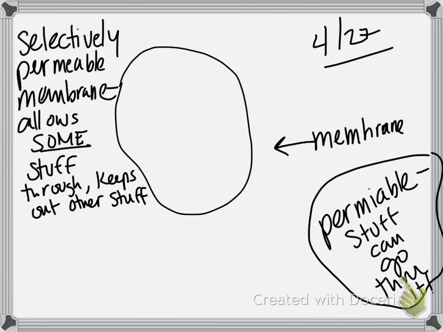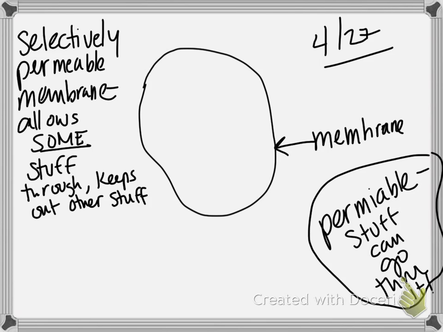Back to this cell membrane. Guess what a cell membrane is? It's the outer shell. Well, we're talking about permeability here. It's selectively permeable. Your cells are selectively permeable. The cell membrane is a selectively permeable membrane. Some things pass through the cell membrane pretty easily. Some things don't pass through the cell membrane easily. Okay? So now we're going to talk about that concept, and it's a vocabulary word you had on the lab,